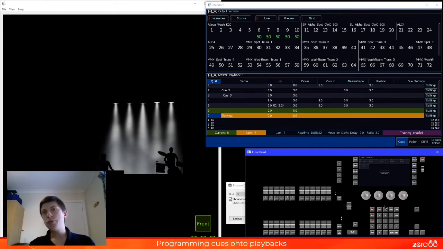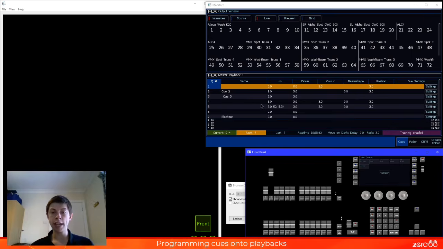Everything we've been doing so far has been working with this cue list in order. We've been programming these cues in order. I've not been telling the console a single cue number. I've just created my lighting state, tapped record, tapped the master playbacks button, and it's gone in as the next available cue. Well, what about, and I'm going to be lazy here and say,